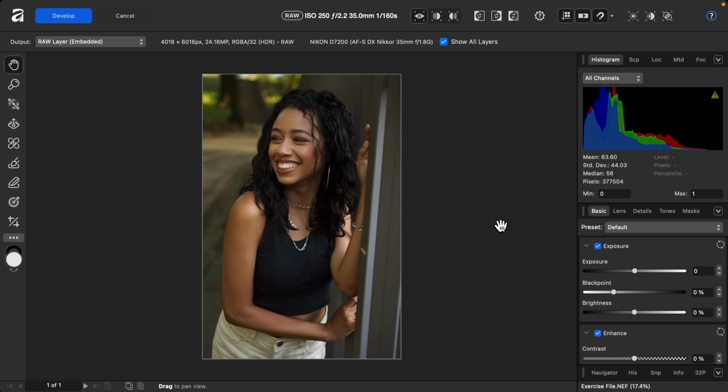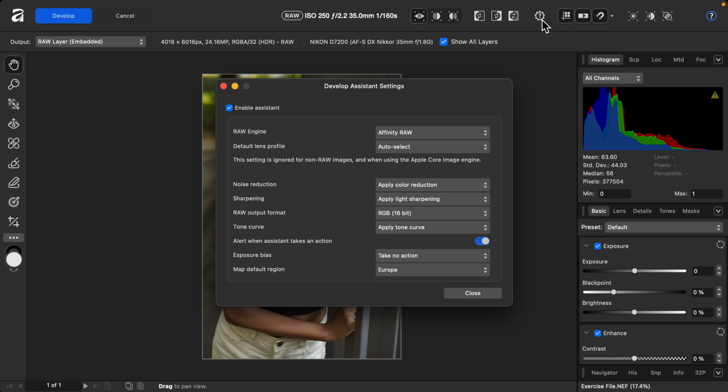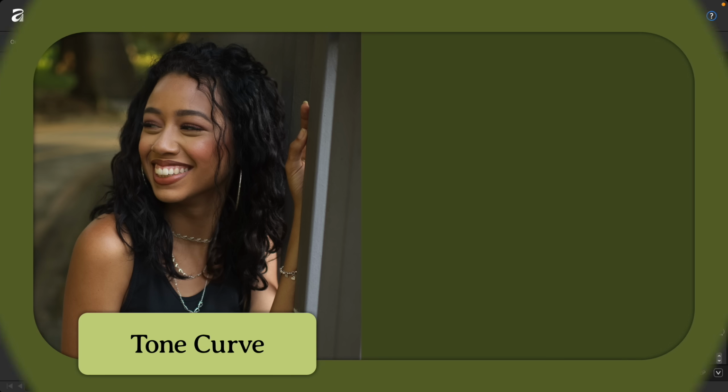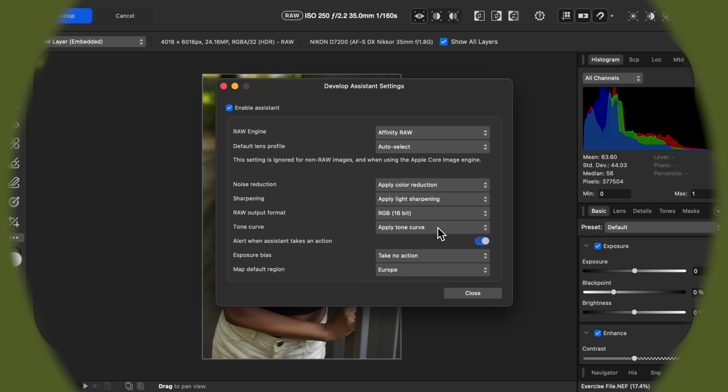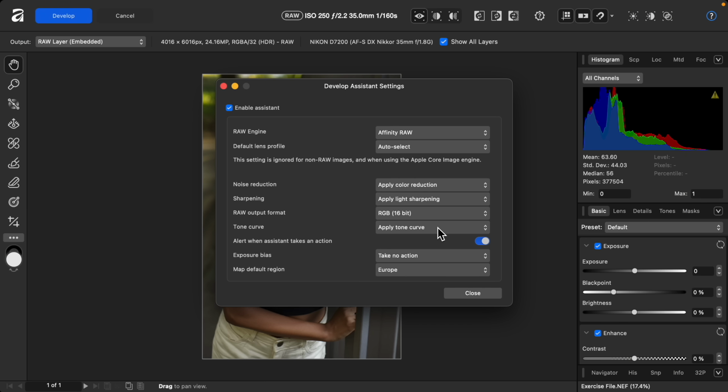Now, the first thing you do, the very first time you open a raw photo in Affinity, is you should come up to the top to click on this gear icon. Then go to where it says Tone Curve. By default, Affinity adds a tone curve to your raw images, which makes the photo look better from the start, but it also makes you lose a little bit of flexibility when editing it. So if your settings say Apply Tone Curve, go ahead and click on that and change it to Take No